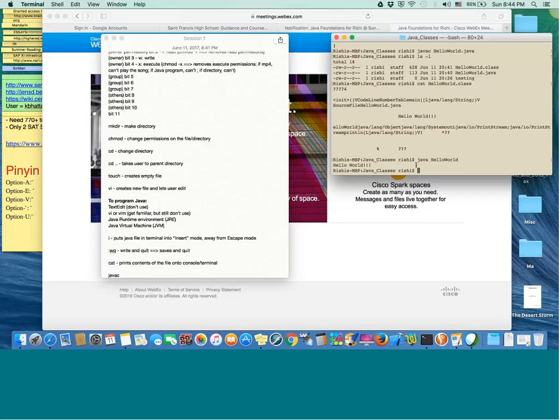So as long as you have the class file, the Java command is smart enough to see that there is a class file with this file name, so it will directly run it. You don't need to specify dot class to your Java command to run the compiled code. Okay. So now if you cat hello world.java once again,